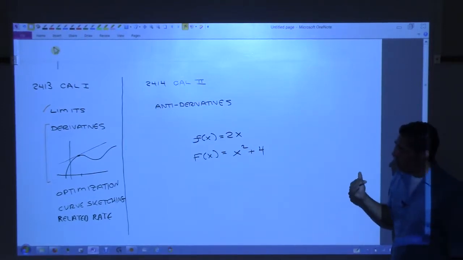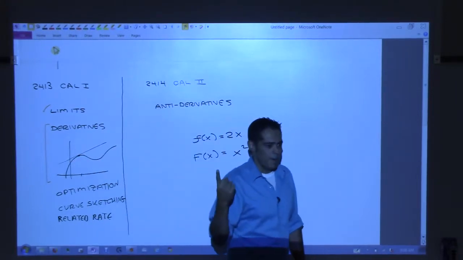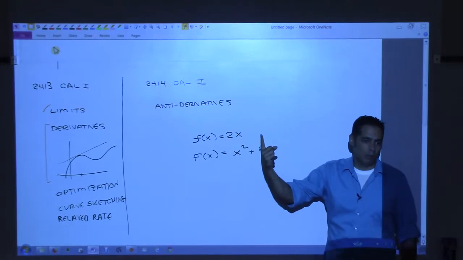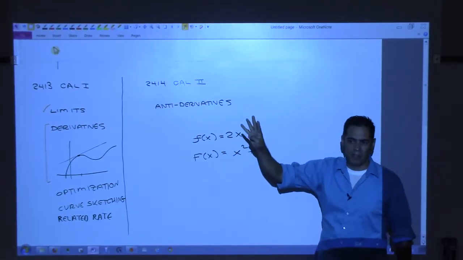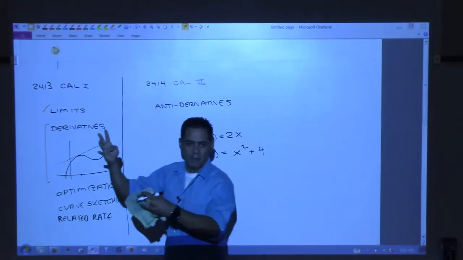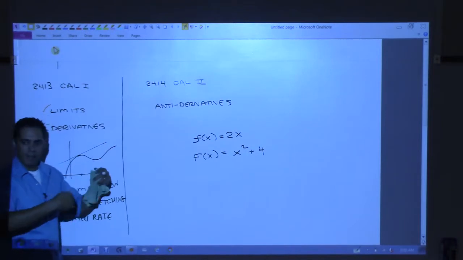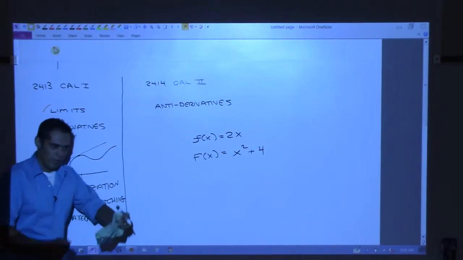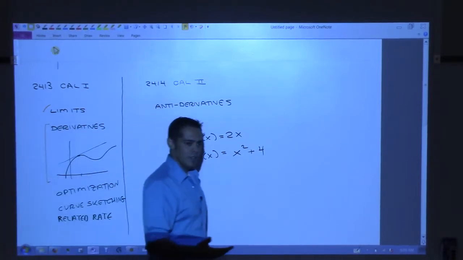Also, when it comes to derivatives, I just gave you the rules. There's the power rule, that's how we go from here to here, right? We have the power rule, the product rule, the quotient rule, the chain rule. Otherwise, if I ask you the derivative of sine of x, you just have it memorized, right? So in Cal 1 we have formulas, and students usually do really well with that: show me a formula, I'm a robot, I can do the formula, and eventually get good at it, right?